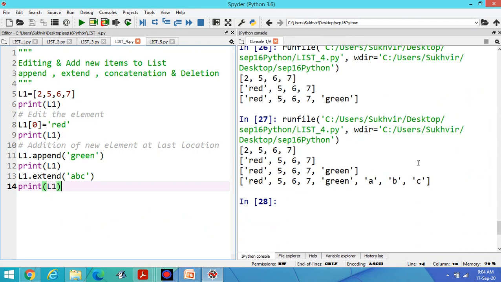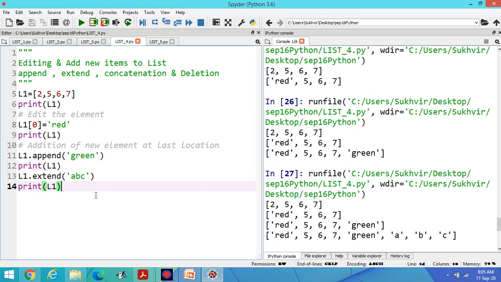This one is basically the difference between append and extend. In case of append, you can display the complete string. But in case of extend, alphabets are there inside output. Look at this one. Alphabets are there.